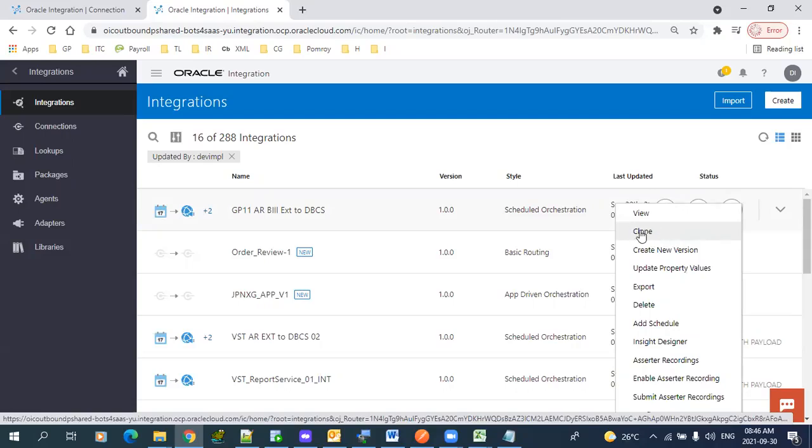Shripad, you know the clone, right? Yes. Anyone? It will create a replica, a copy of the integration. It will create a duplicate integration with a different name. You can rename it and use that version. That is a clone. Clone is nothing but a new integration, a complete replica,